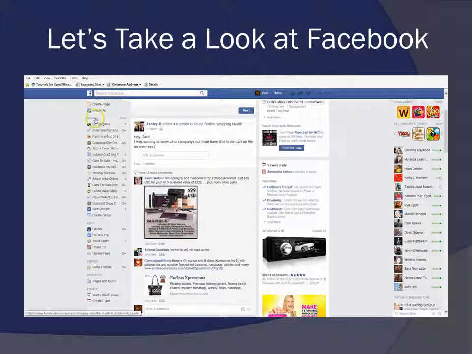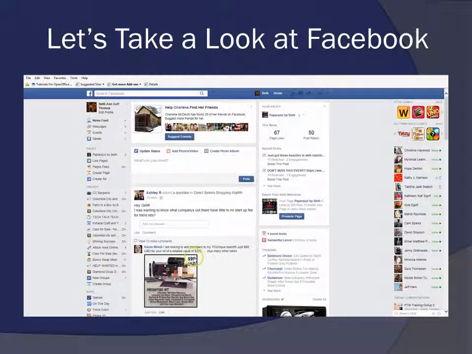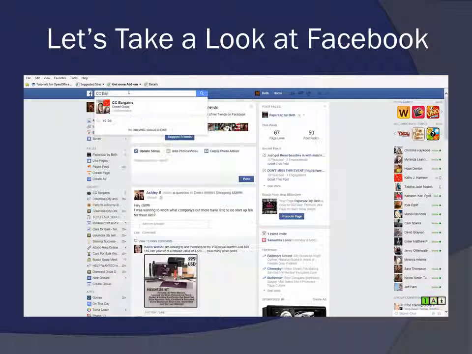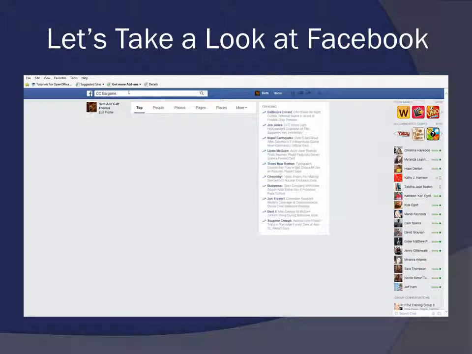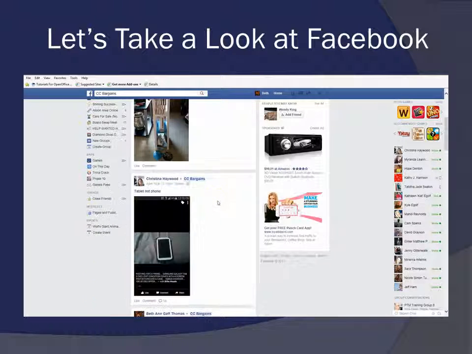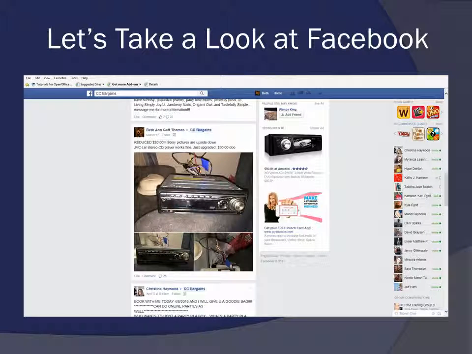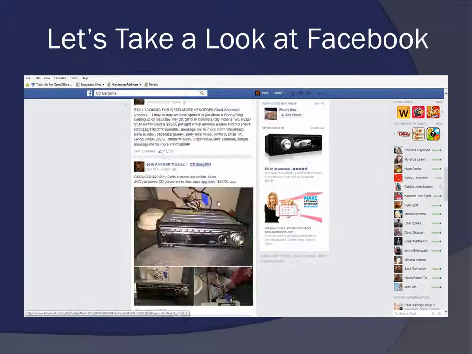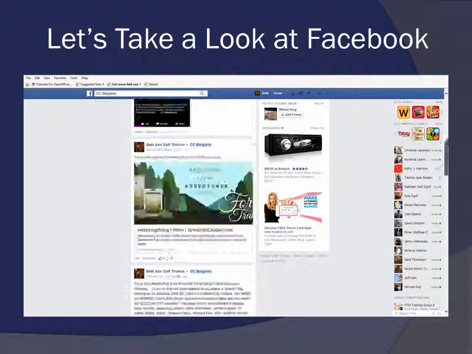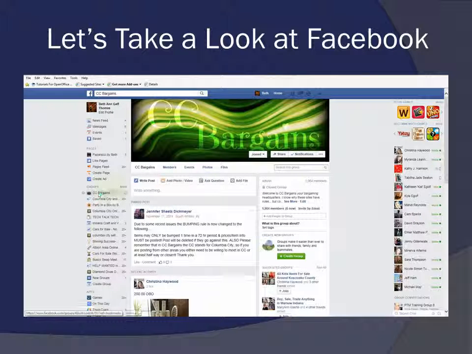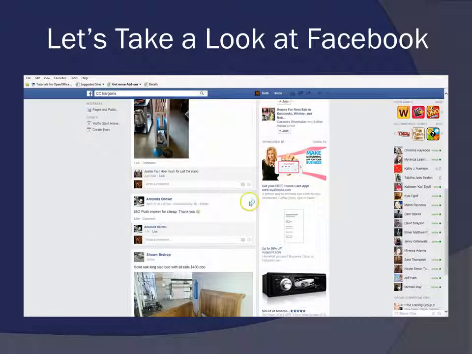These are all the groups that I've chosen to be involved in, and I've done that by just typing in whatever the group is. I run a site on Facebook called CC Bargains. You may or may not have heard of it. And from there I can go in and look for items that are for sale through CC Bargains. And this is actually anything that I've posted. But I can go into the actual site itself, and that's where this is. And I can take a look at all of the items that are for sale.